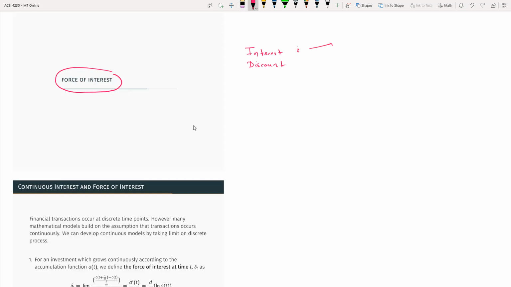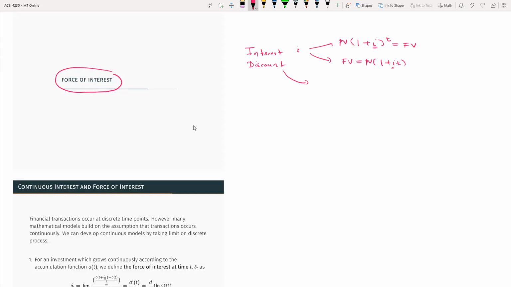For example, if it's compound interest, you use the formula (1+i)^t, given some present value. So this would be the future value. And if you have the simple interest model, then you define the future value to be the present value times (1+it). For discount, again, you have a formula. In here, the i is the annual rate, effective rate per year or per month, depending on the time frame